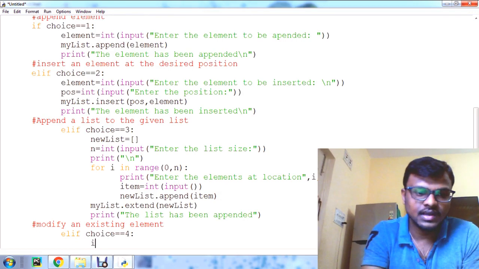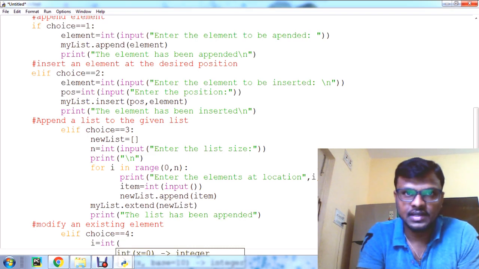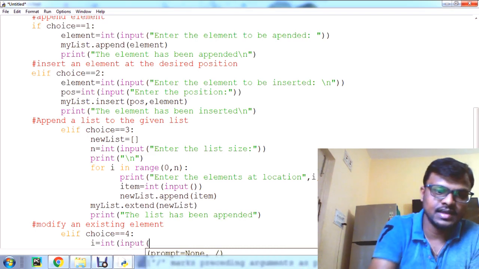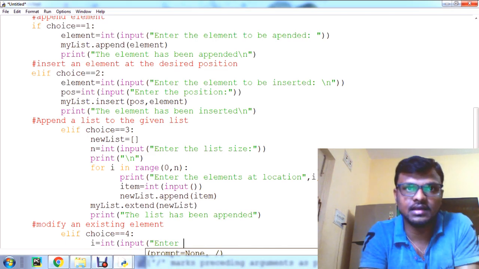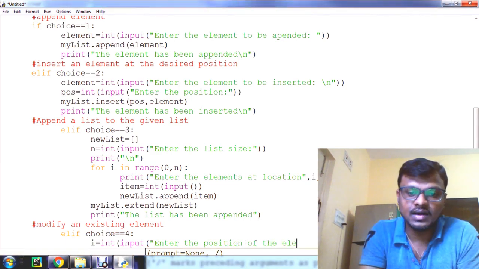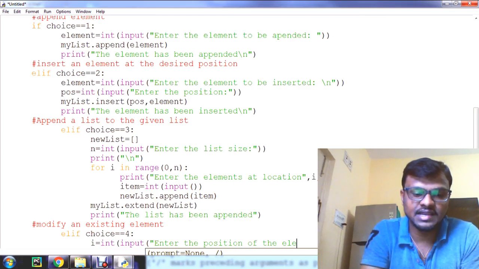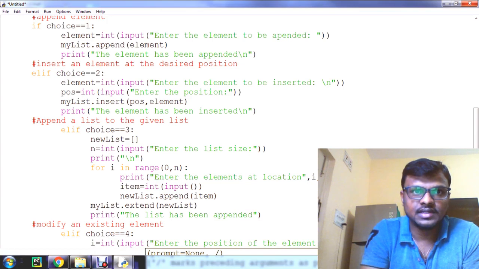Now I need to have one variable, i is equal to int of input. Here I will put: enter the position of the element to be modified. We need to point out the position of the element to modify. Clear?